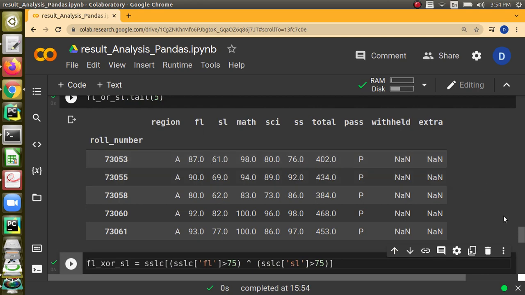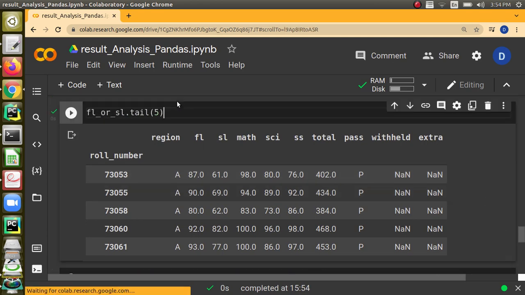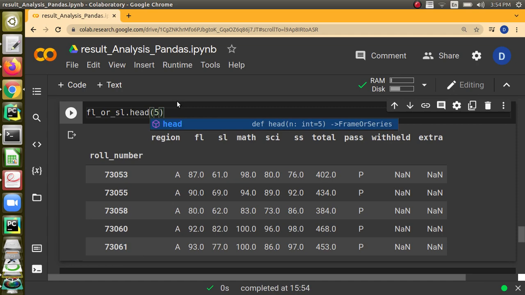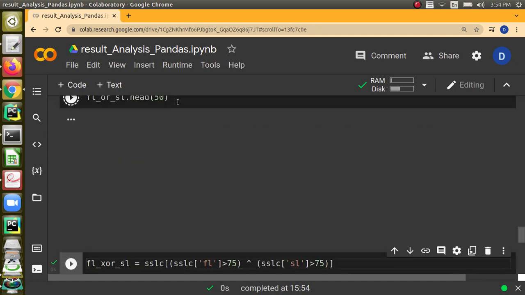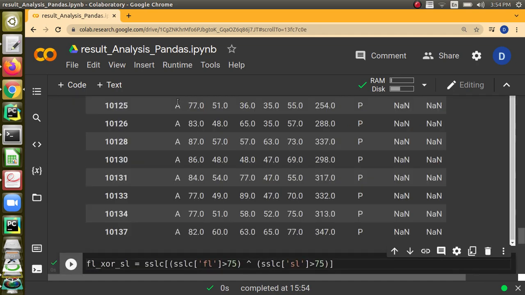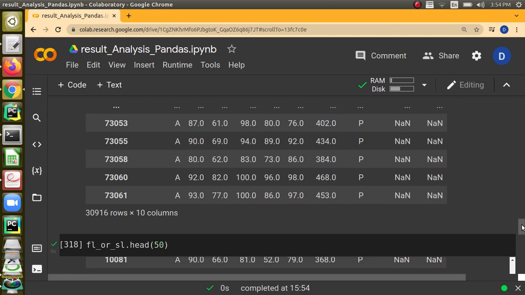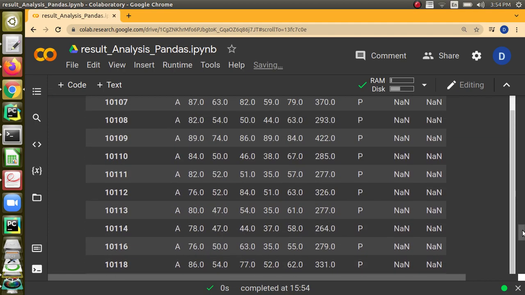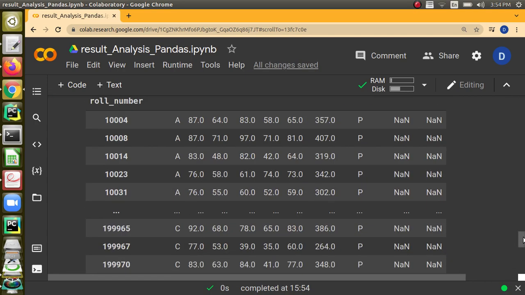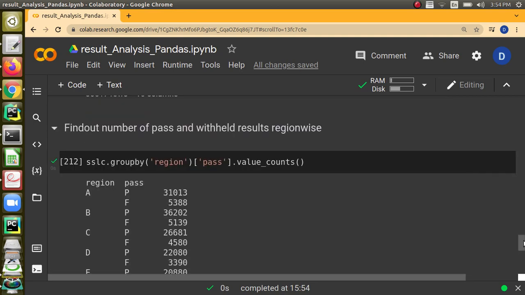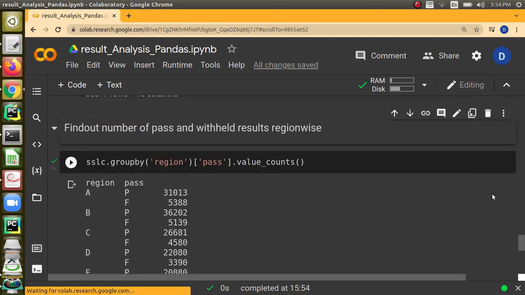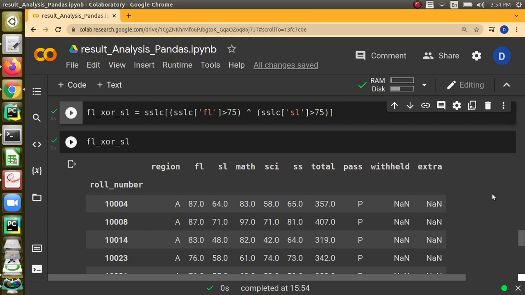In this both have got greater. Let us try head of 50, maybe it is in sorted order or something. Yes, we can note that here also the second language mark is greater. Either one, that is the condition. So we will be having records which are having one of the subject marks greater than 75.